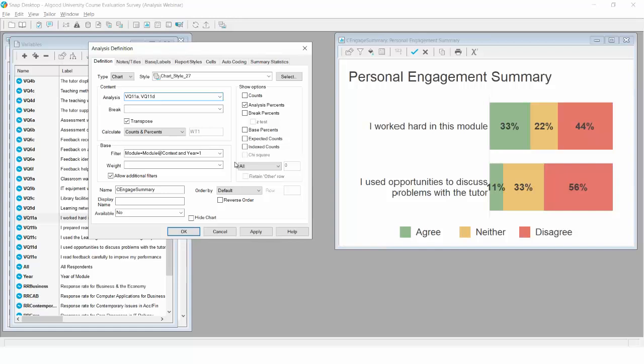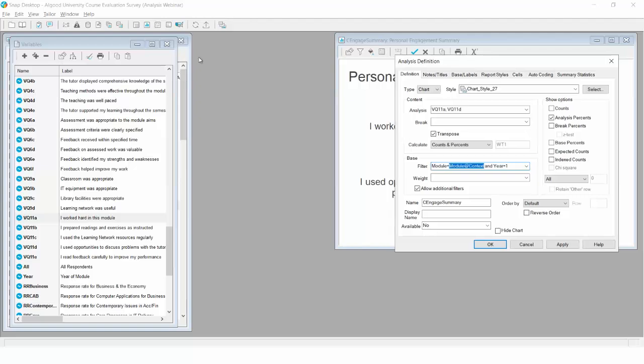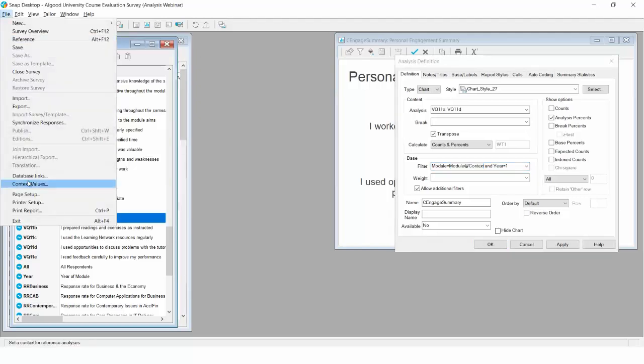And again, it's filtering based on year 1, so it's only got this year's data, but it's also making use of module. And this is where I was talking about context. Rather than saying module equals 1 or 2 or 3, essentially one of 11, it's saying module equals module at context, which is a little bit strange. But if I leave that up there for the time being and go up to File and Context Values,